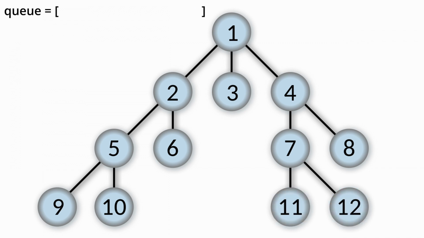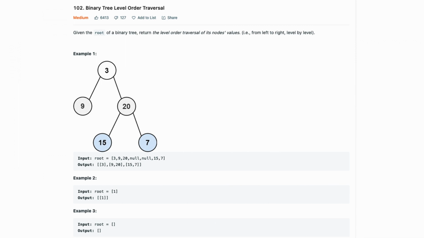So the first problem that we're going to be solving is this binary tree level order traversal problem here, which can be found by filtering the Leetcode patterns list using the BFS category. So given the root of a binary tree, we're asked to return the level order traversal of its nodes' values from left to right. So essentially, each array nested within this larger array contains the nodes' values from left to